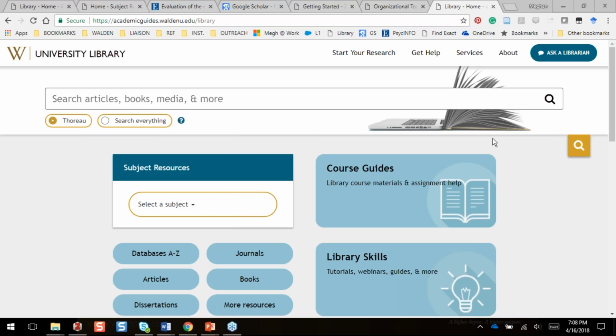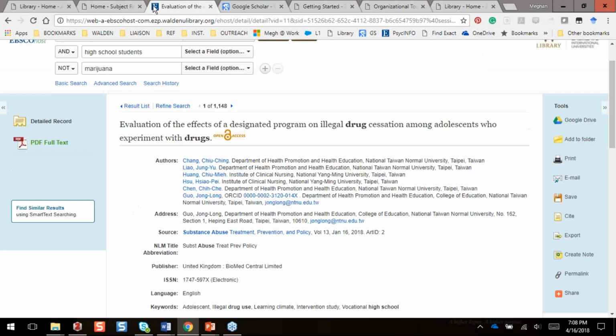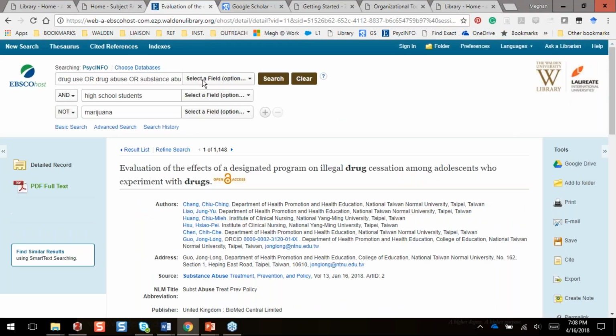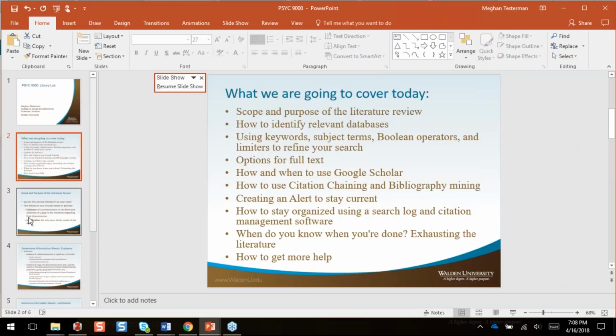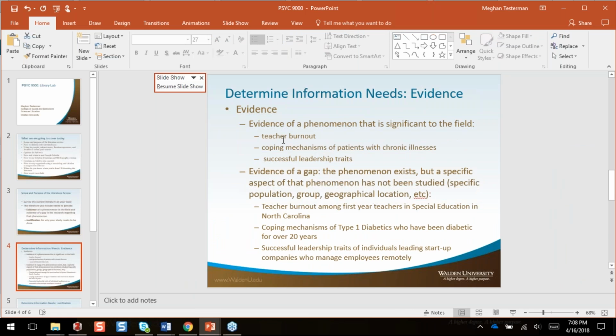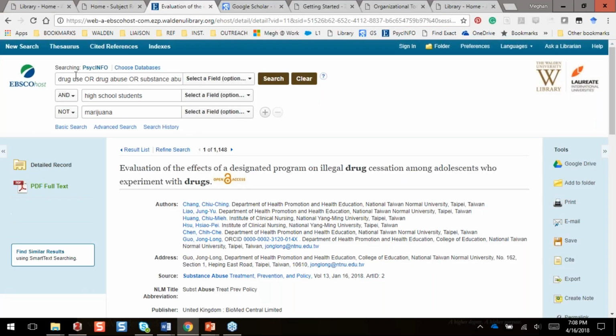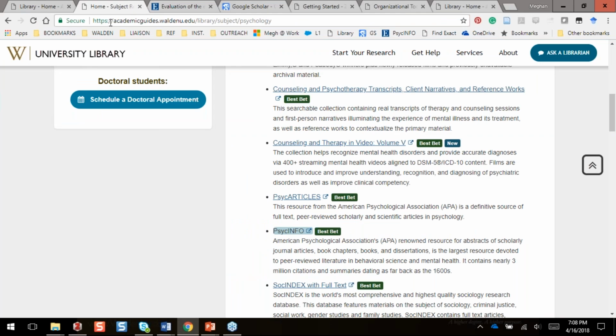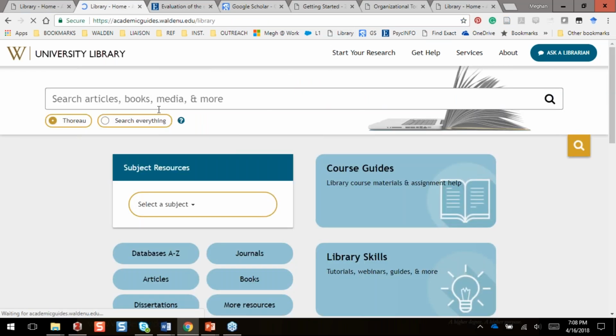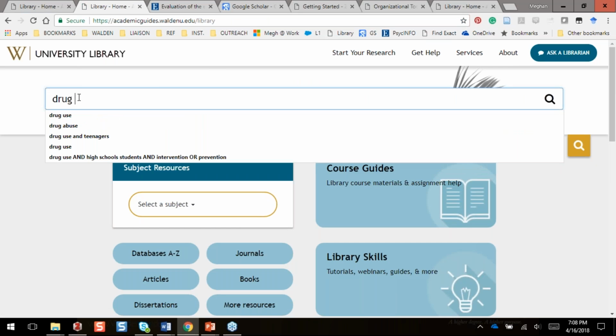Okay. Talking about how to narrow a search. The way that I like to think of it, we were talking about having some of these really broader topics and then narrowing them down to the gap. That process of doing that, you can do it in Thoreau, actually. You can use Thoreau as a tool to help you figure out if there is a trail of research that leads you to a gap. So if we were to start again at Thoreau and type in drug use,